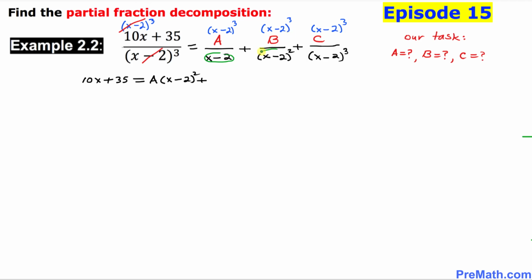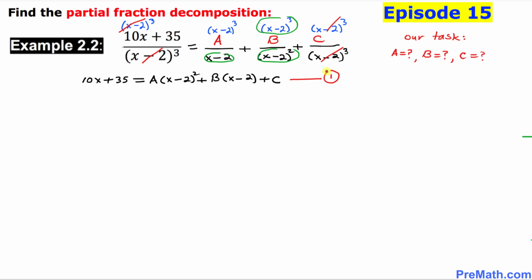likewise over here we've got (x - 2)^2 and we have (x - 2)^3. So these two factors will be cancelled out. So we will be left with B times (x - 2). And finally, let's look at this one over here, this (x - 2)^3 and (x - 2)^3, they are gone. So we are just left with C,